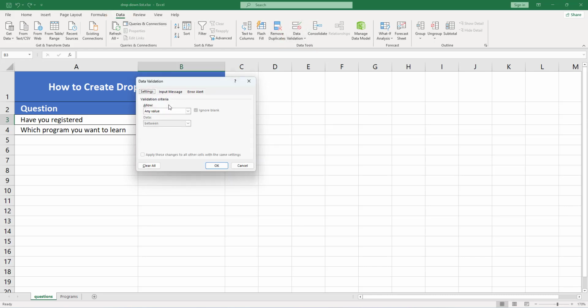A dialog box will appear. In the dialog box, select the List option from the Allow drop-down menu. Now, you need to specify the source of your drop-down list. You can either manually enter the list items into the Source field separated by commas or use a range of